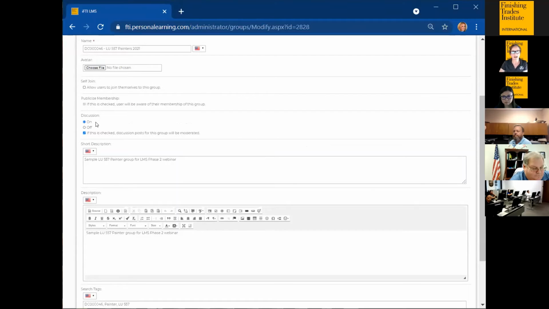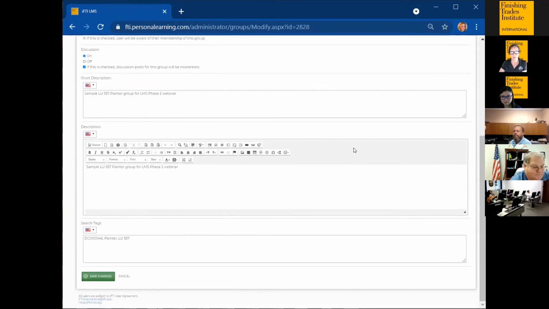The discussion, you can either turn it on or off. If you want it to be moderated, then you would definitely want to click that box, and I'll show you in one of the next tabs how you identify who that moderator is. That means for the moderator that a member's comment or a student's comment has to be reviewed and approved prior to being open for viewing on the discussion page. A good practice, you can choose to turn that off if you don't want discussion at all. You can have open discussion, but you still might want to take a look and see what people are saying.